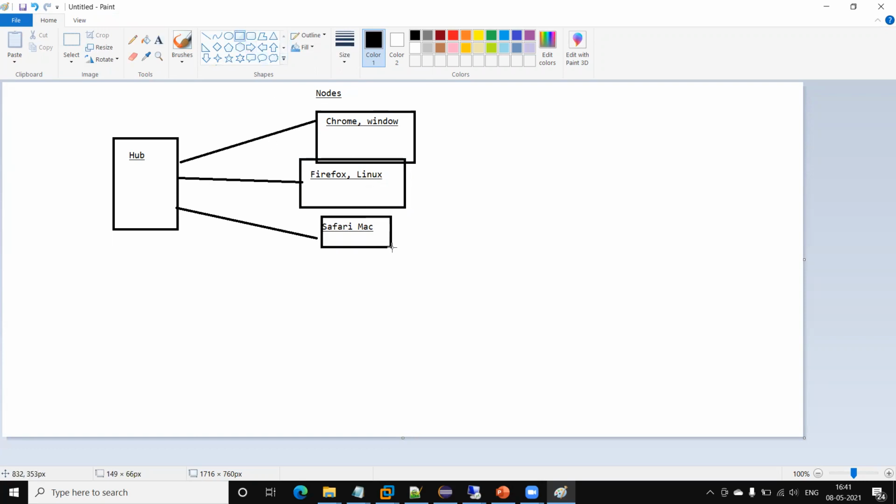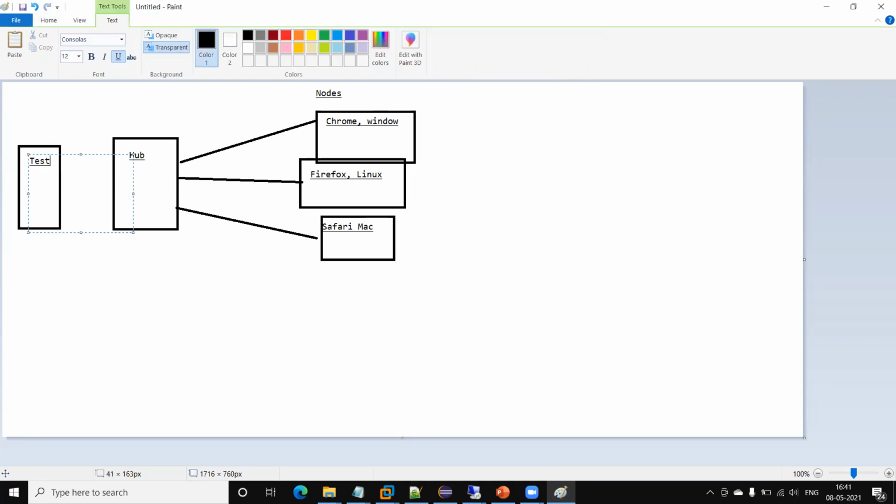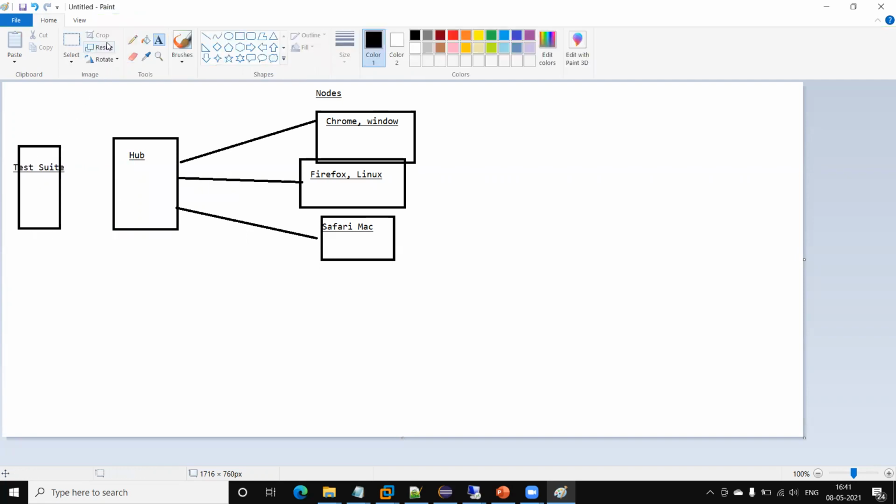All those nodes are responsible for running the test script on the browser, and this is our test suite. The test suite we can run on any particular machine, on CI servers, and the script's requests go to the hub, and the hub will distribute them to execute on a particular node. So this is the architecture diagram of the Selenium hub and nodes.